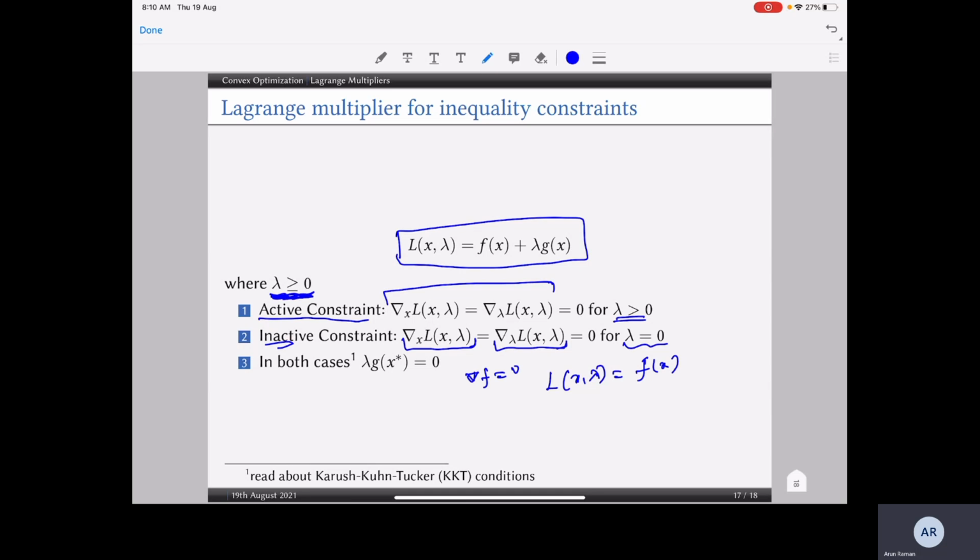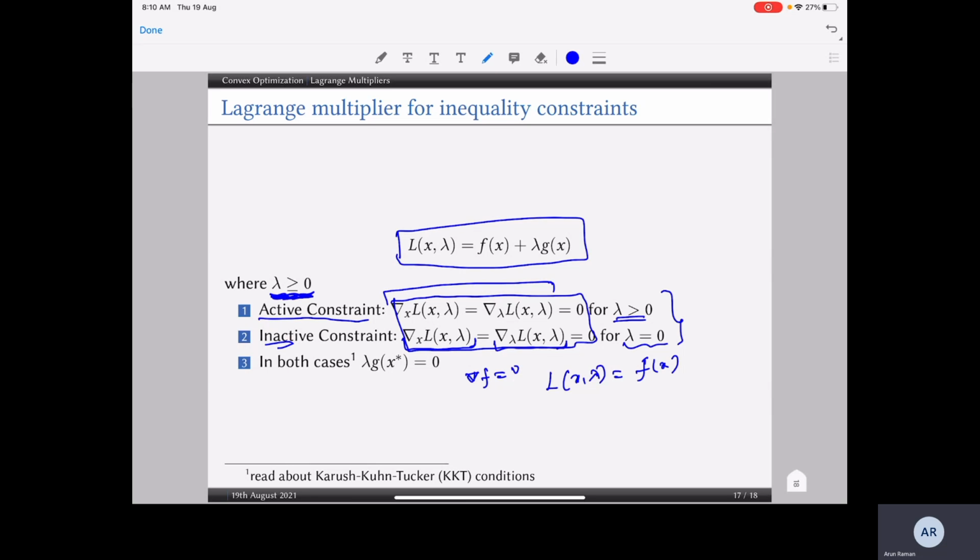So what we basically mean to say is that when we look at an optimization problem, we do not know which is an active constraint and which is an inactive constraint. So these two equations say that even if we do not know, what we need to do does not change. We need to form a Lagrangian, take the gradient with respect to x, take the gradient with respect to lambda, equate them to 0, and find the solution such that lambda is greater than or equal to 0. Lambda does not have a negative value.